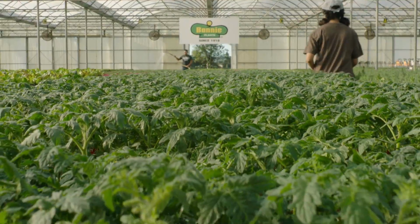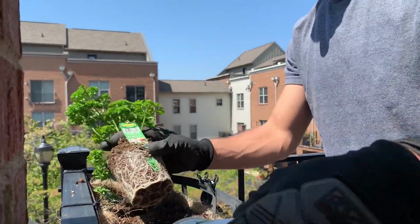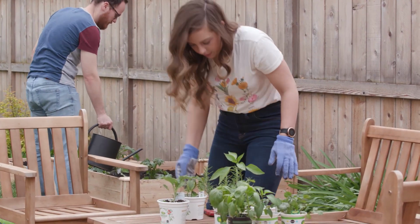Finally, don't forget to share your harvest. Giving extra veggies to your neighbors or local food pantry is a great way to show that we are all in this together. Katie and Ben are learning as their plants grow and say as they continue to be cautious